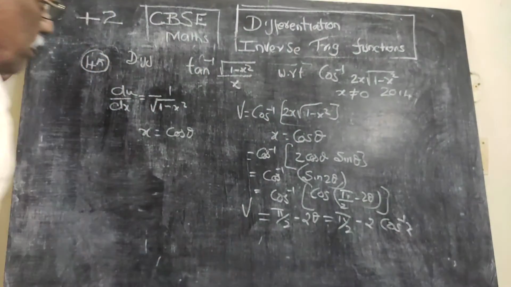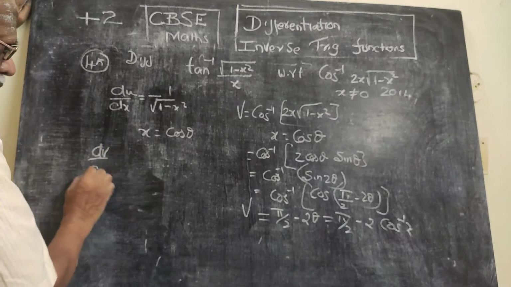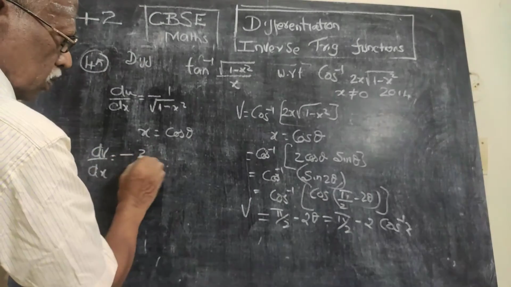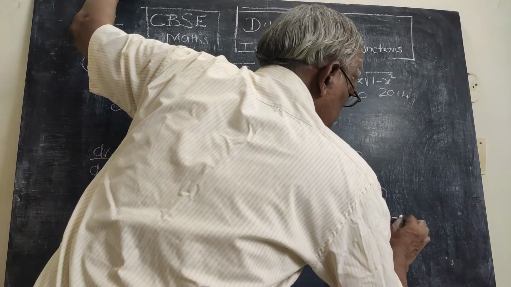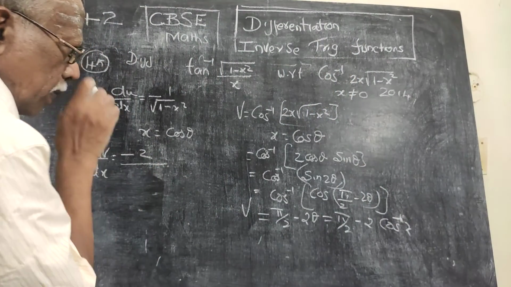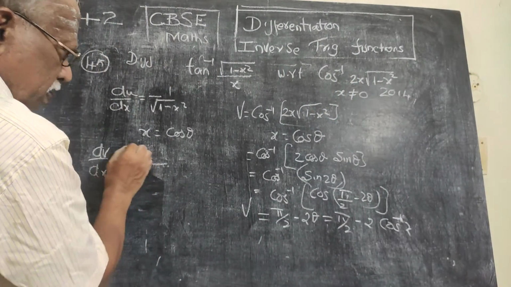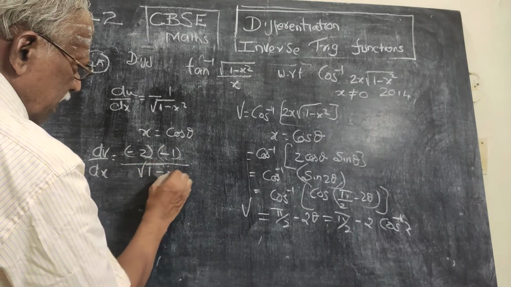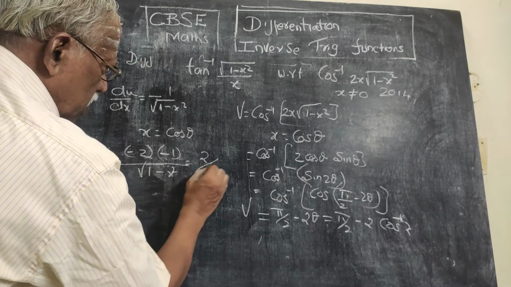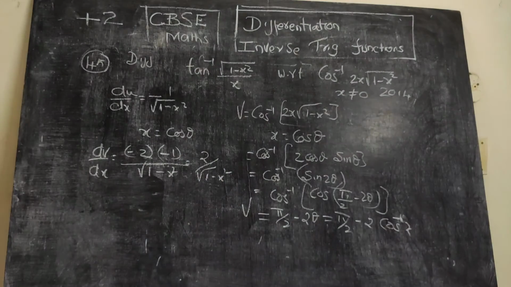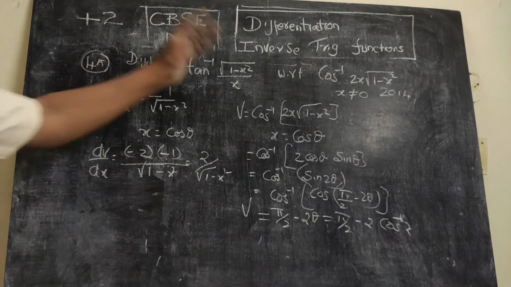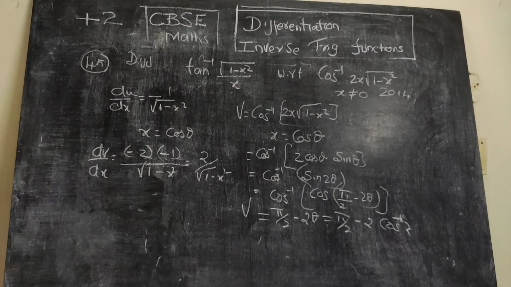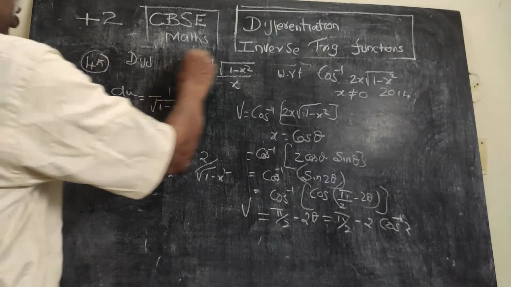This is v. Now dv by dx is, pi by 2 gets cancelled because it is a constant, minus 2 cos inverse x. So minus 1 by root of 1 minus x square, this minus is there, in addition to that minus, that is 2 divided by root of 1 minus x square. So here I have taken x equal to cos theta, the same x equal to cos theta you have to apply. The result is now dv by dx, we got it. What we want, this we have taken as u and this we have taken as v.